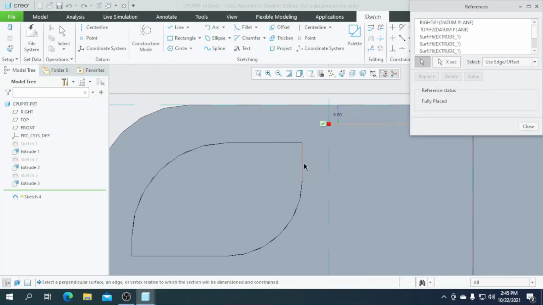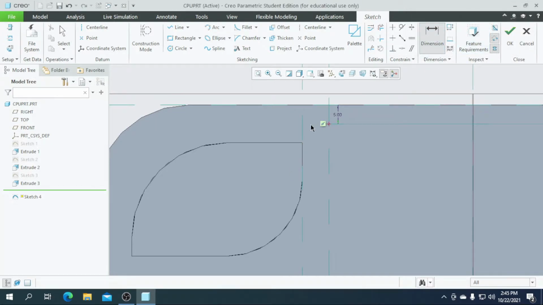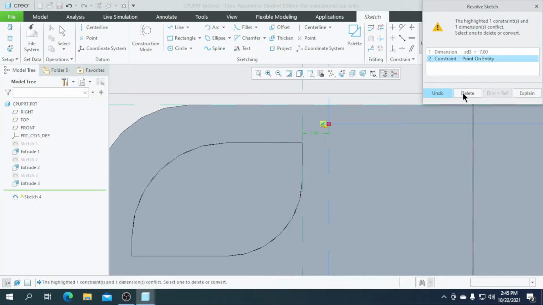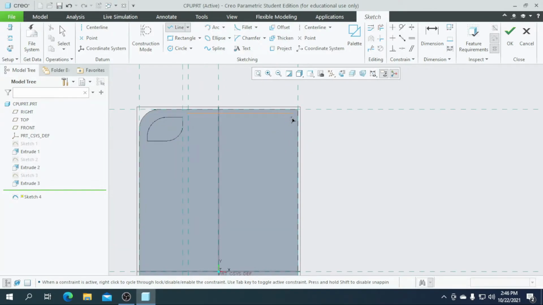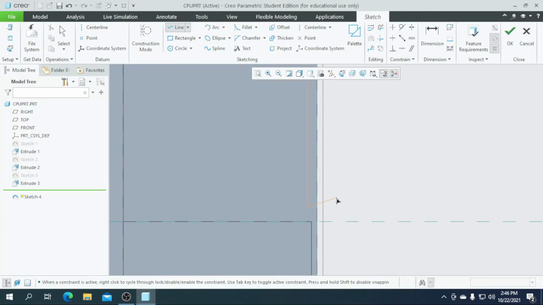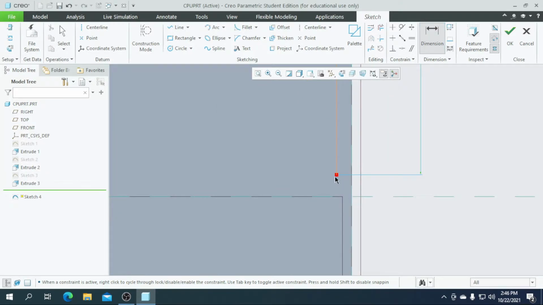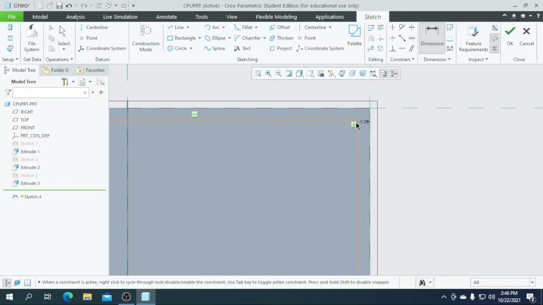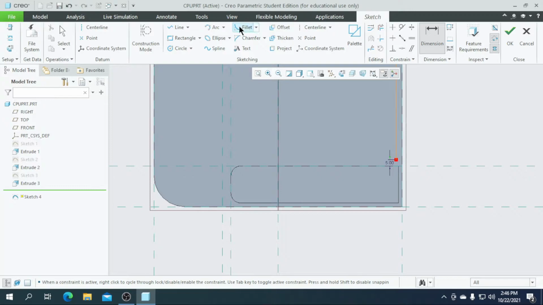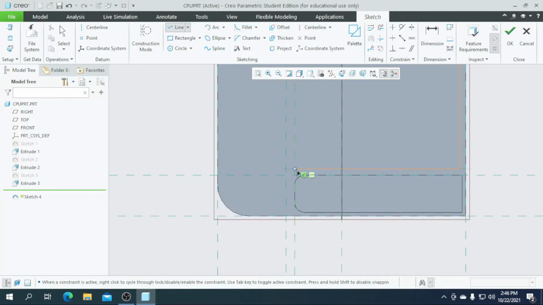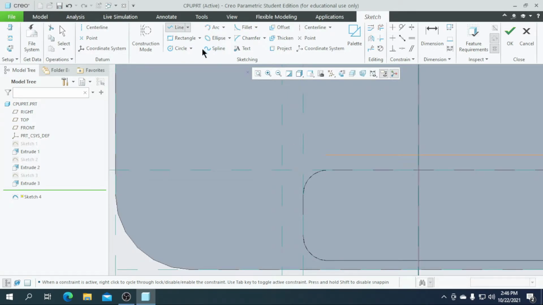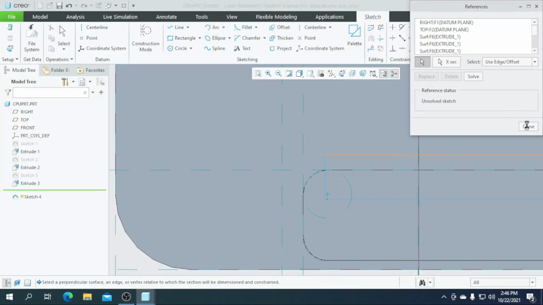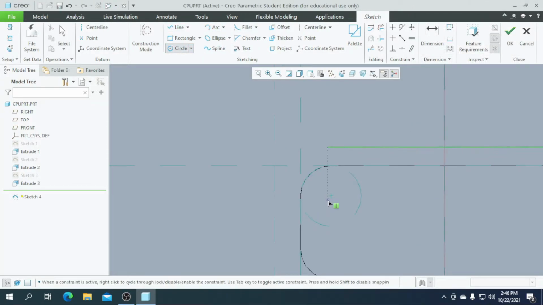So let's draw another reference to this line. Let's go for the dimensions from here till here. Okay, enter a value of 5. So let's draw another line to complete the sketch from here till here. From this point to this line enter a value of 5. Make sure that these lines are tangent. So let's draw another line to here. Let's add a reference here and draw a circle